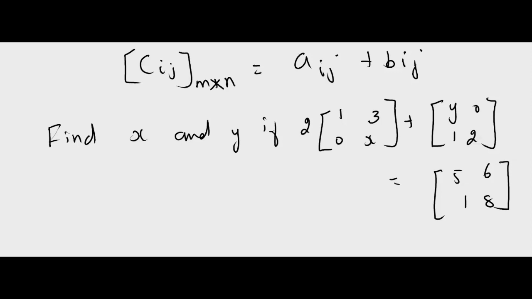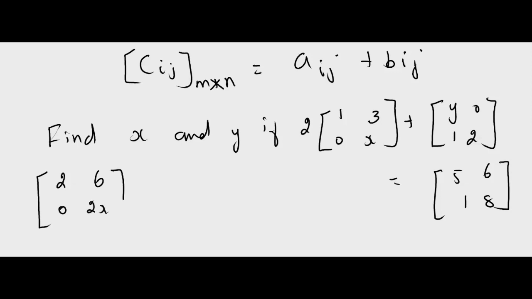So it is given 2 times [1 3; 0 x] plus [y 0; 1 2] is equal to [5 6; 1 8]. Find x and y. So 2 times matrix A gives you [2 6; 0